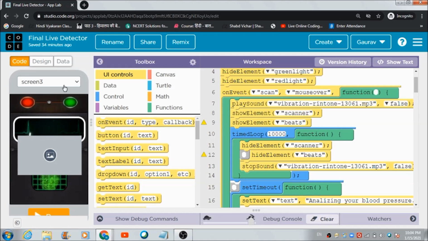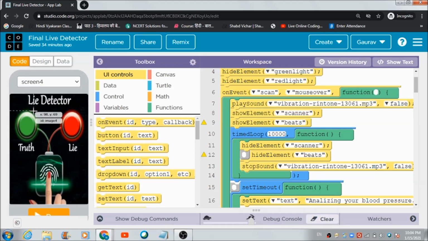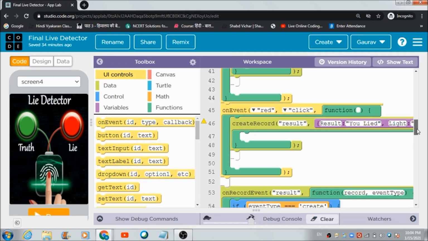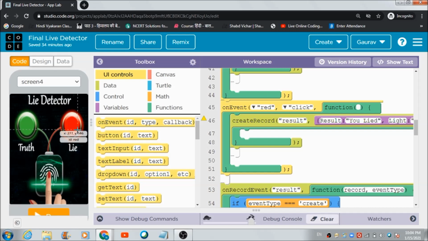Fine, now there is a button over here with ID green, and this one is with ID red. I have defined these on this admin's panel. Now what will happen when the admin hits this red button?